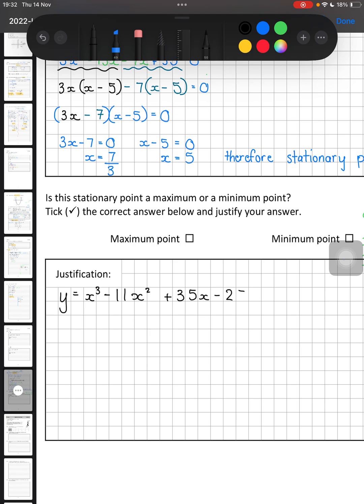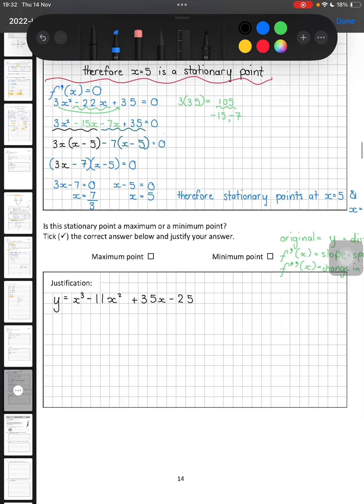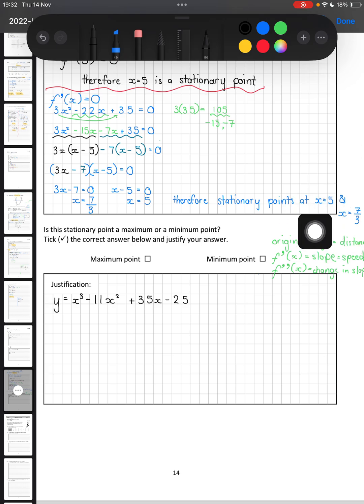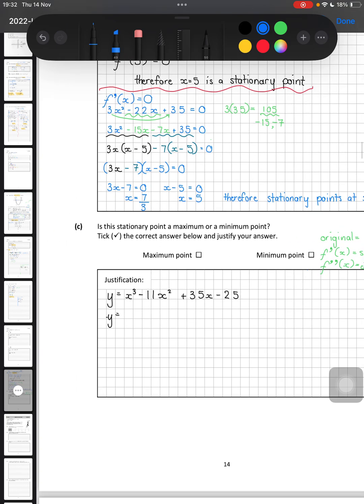minus 25. So I am going to work out my y values for both of these turning points, and I'll see which one is the higher or the lower of the two. So y when x is 5. That's the first one I'll do. So x being 5. Okay, so y is